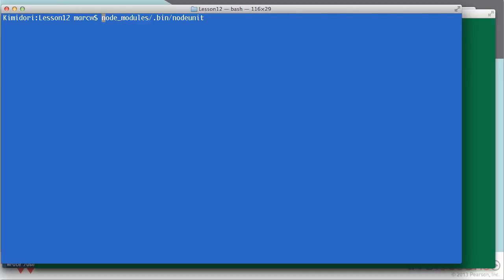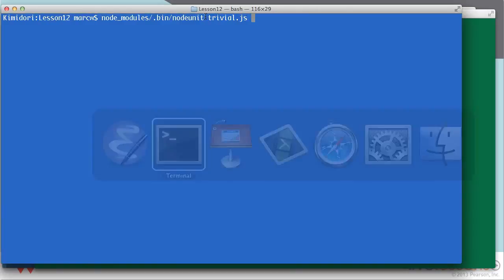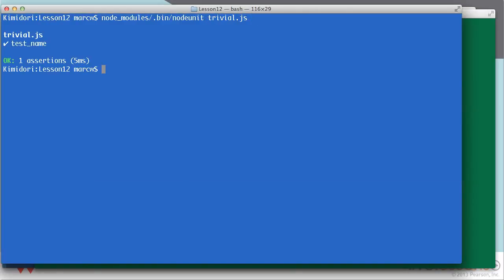So I'm going to, on this machine here, let's clean my screen up a little bit. Great. So I'm going to run the nodeunit script, and then I'm just going to give it the name of the trivial.js file. And what it's going to do is go looking for each exported test there, pass in that test object for it, and run it. So I'll do that, and trivially, of course, it works and it runs. So that's the basics of it, and for any code you want to execute, you can add as many tests. You can have one test test a large number of different things for you,